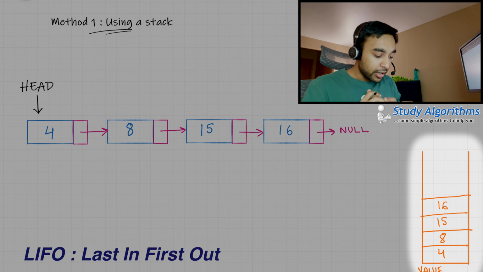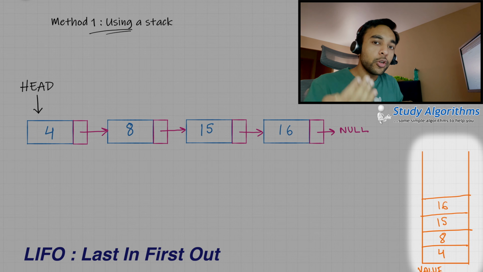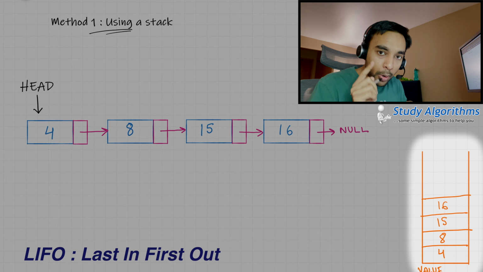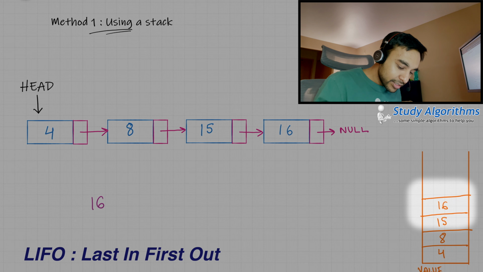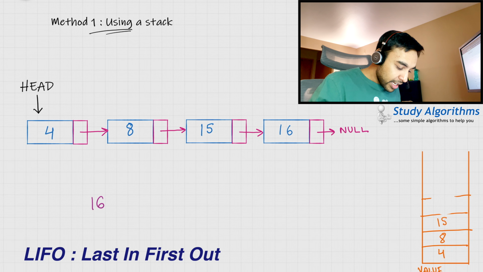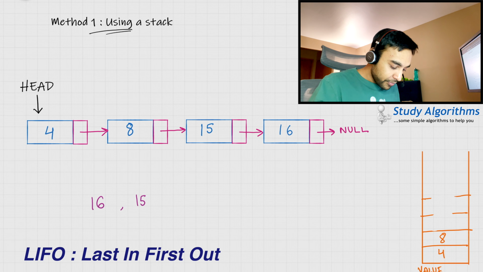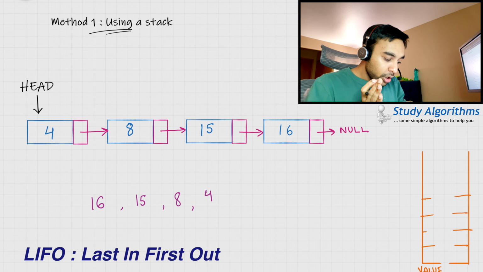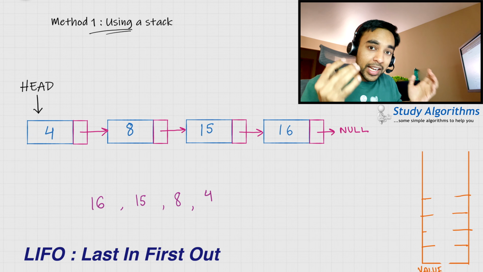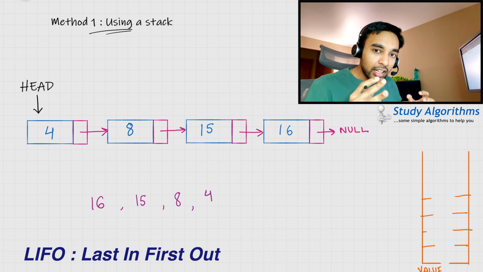Now look at your stack. You have pushed all the items, right? What happens if you try to pop the items now? As soon as you pop the first item, you will get the value 16, correct? And 16 is removed from the stack. The next element that you pop is 15 and 15 will be removed from the stack. The next element is 8 and then 4. And eventually your stack will be empty. So this way you can use a stack data structure to eventually print out the linked list in a reverse order. How does that look in code?